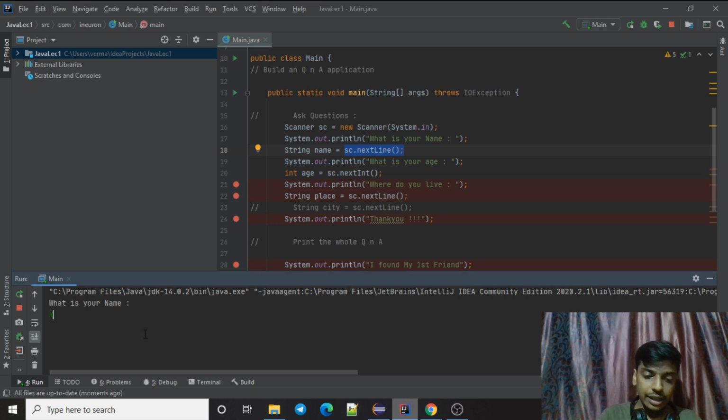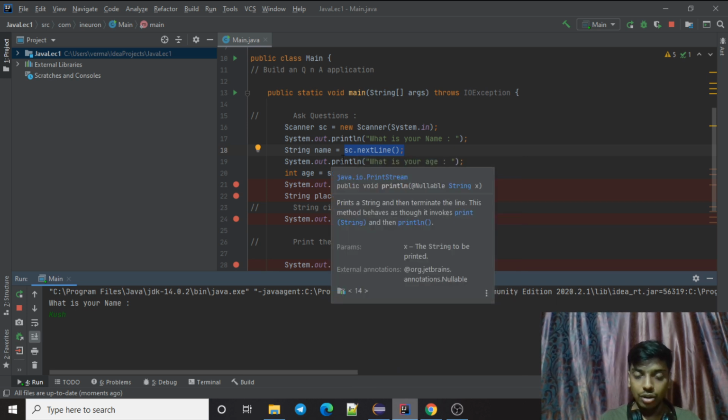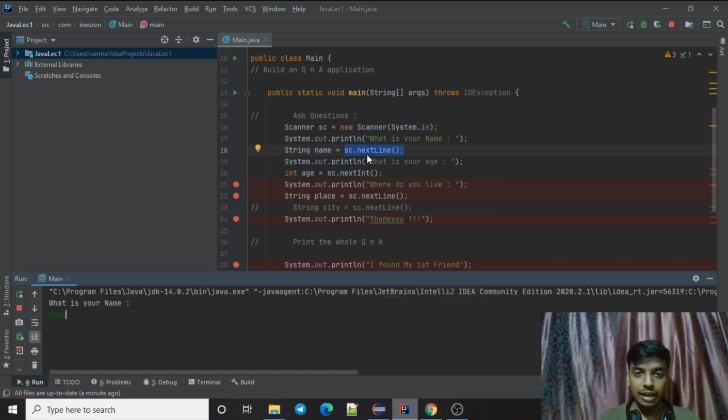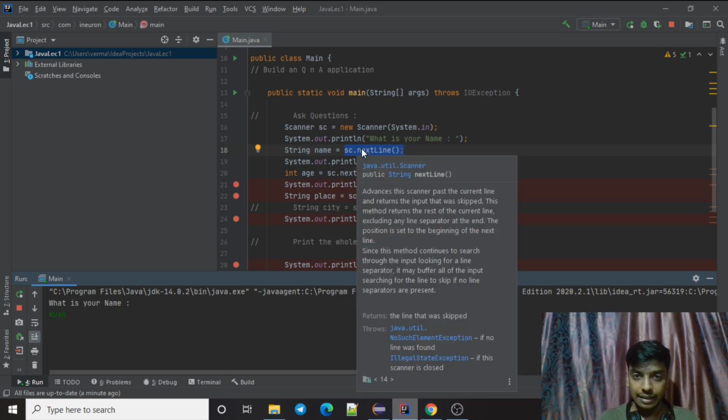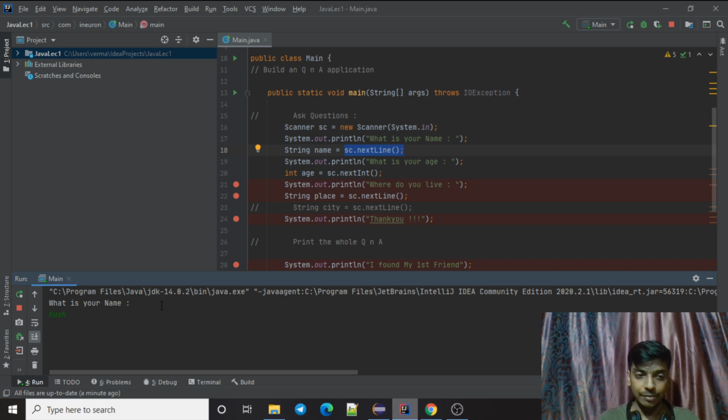When I type kush and press enter, it will read everything before my new line, or the separator before enter. Whatever I have written into my console will be read by Scanner and assigned to name. So when I press enter, it will read kush. It will not read the new line or the enter part.